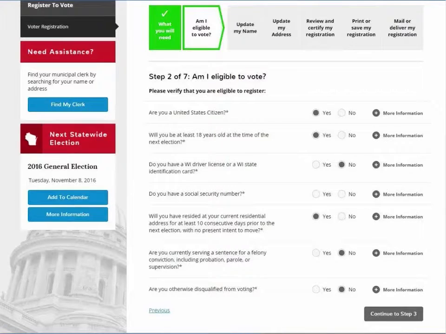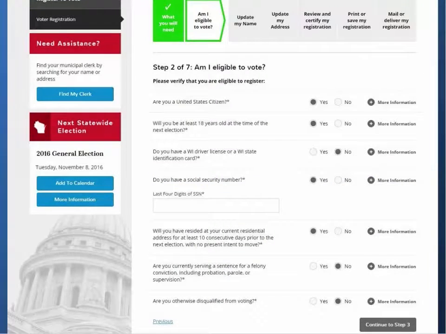If the user indicates they do not have a Wisconsin driver's license, an additional question asking whether they have a Social Security number will be displayed. When the user indicates that they do have a driver's license or a Social Security number, additional fields become available